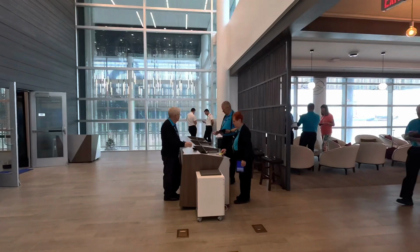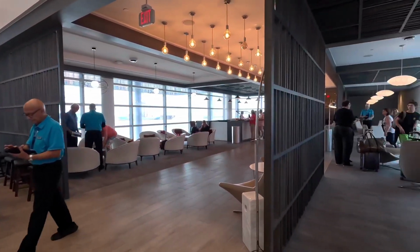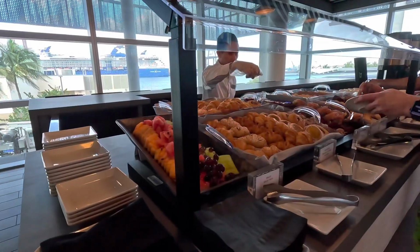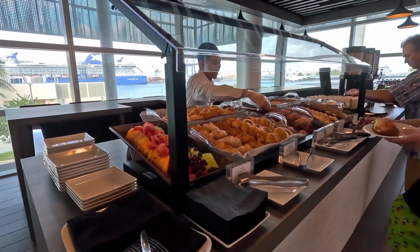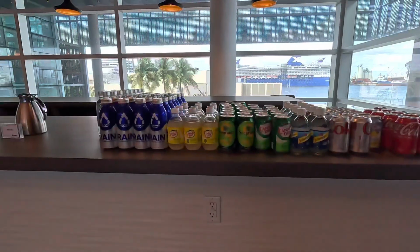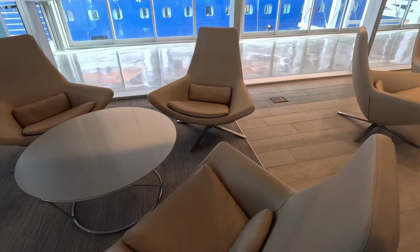And today we are going to be taking a look at the Penthouse Suite on board Celebrity Beyond. Now before we even stepped on board, we already got amazing amenities and accommodations, food, drinks, a private lounge, priority boarding. Of course, these are pretty common with suite experiences, but I have to say, already off to an amazing